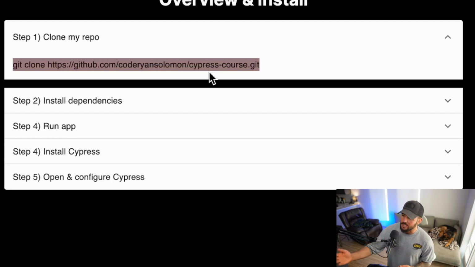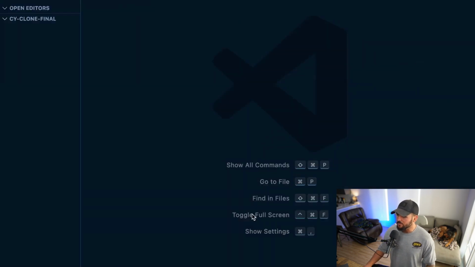So you can see the Cypress course, and then I'll have like Cypress course final that you can see the kind of final things there. And I'll have those linked below, but I'm going to copy this here. So git clone https://github.com/CodeRyanSolomon/Cypress course.git. And then I'm going to go into VS Code here, and within Visual Studio Code, I'm going to